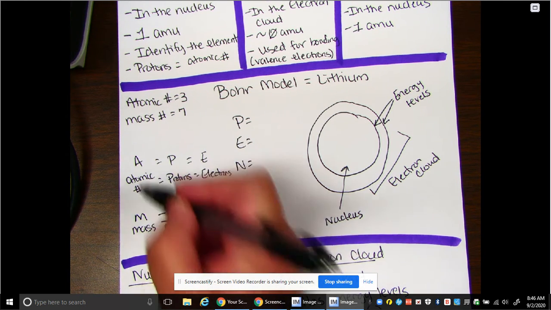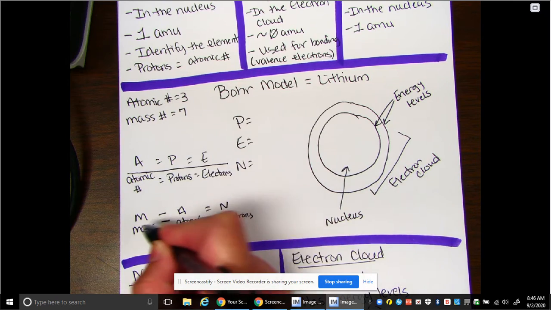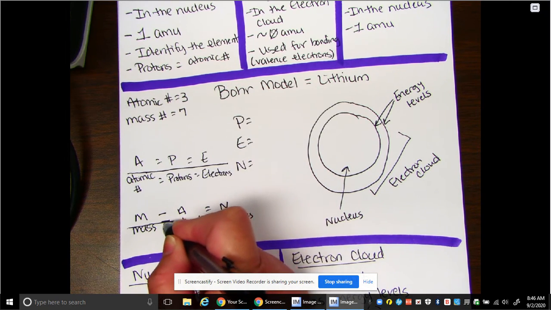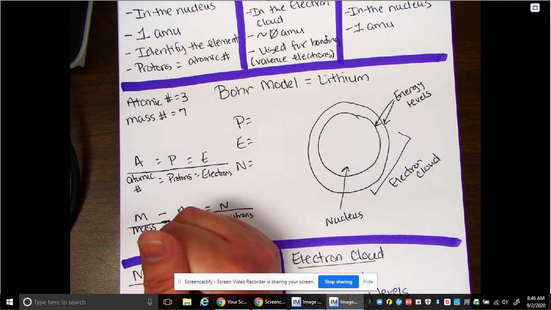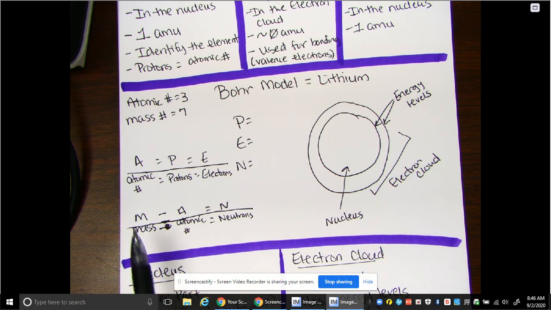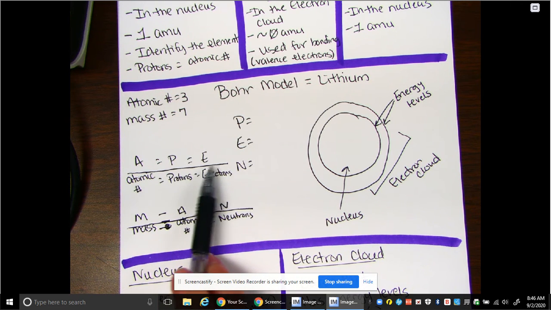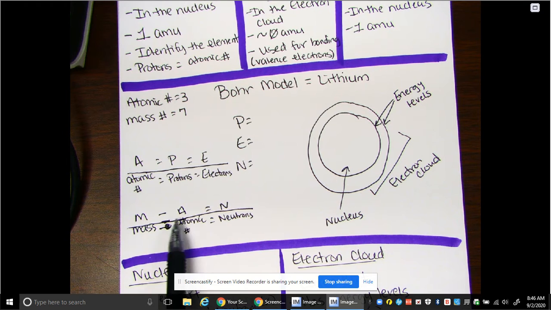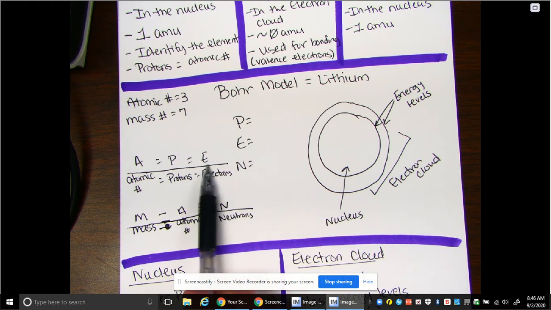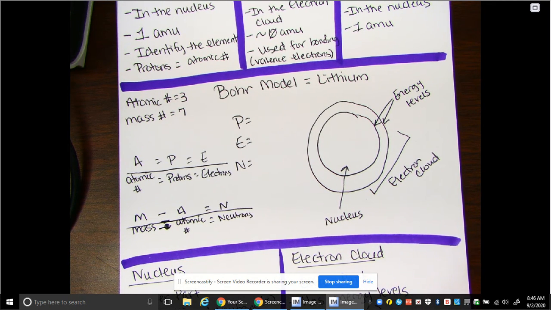Okay. So atomic number, let me separate these real quick and get some minus signs. A equals P equals Z. M minus A equals N. And that's going to give me my protons, my electrons, my neutrons. And we're going to practice this a lot. I'm going to use this information to fill in